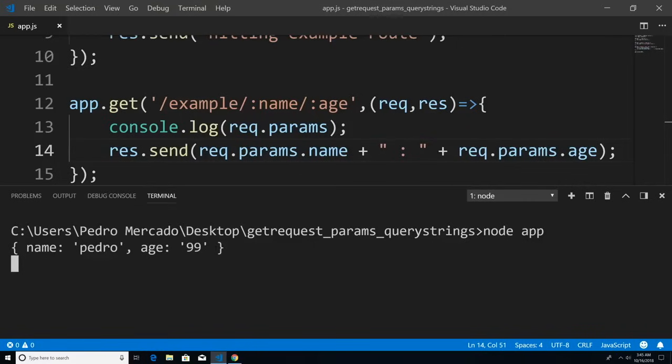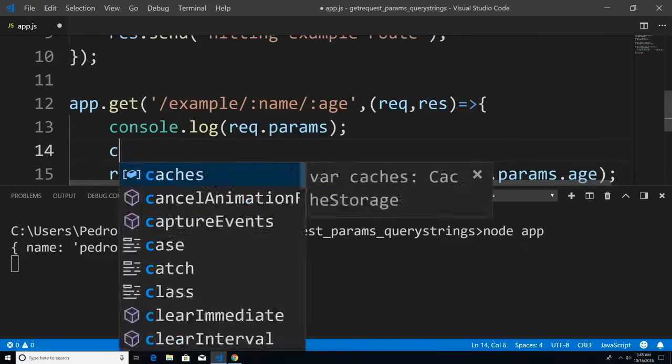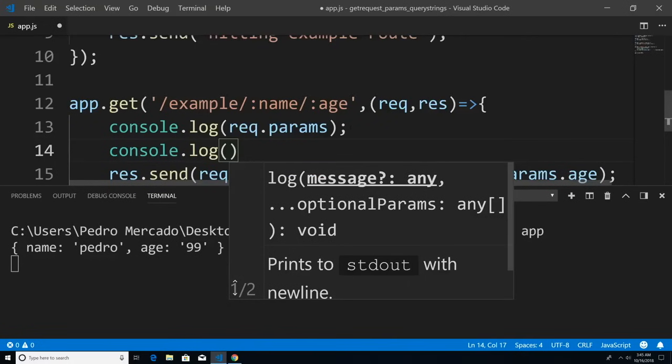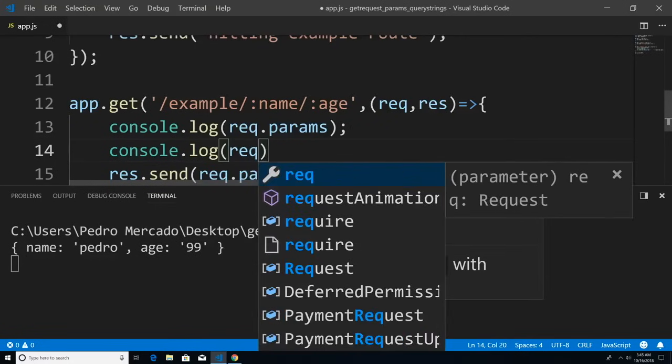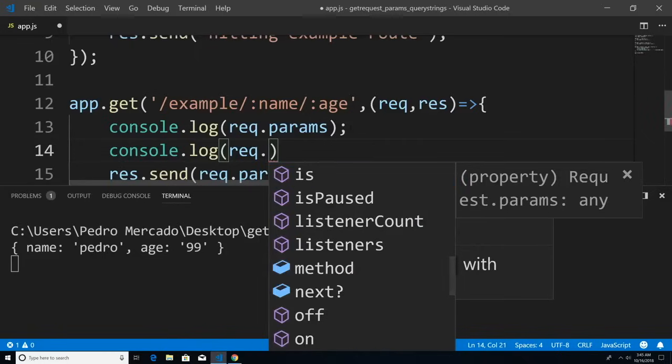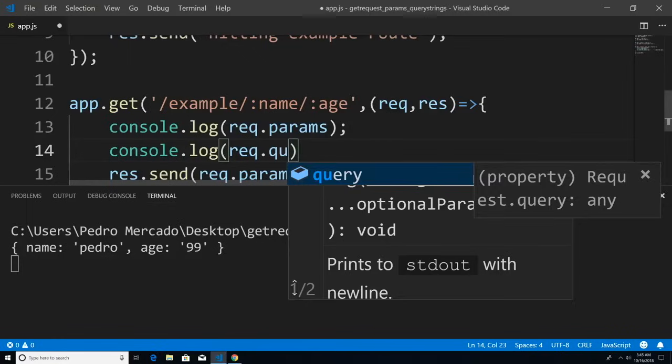But there's also another type of data that you can send back, and that's called query string parameters. So what is that? Well, if I go back here, and actually let me just type this out. I'm going to say console.log, and again we're going to use the request object because the request object is basically what the client is sending us. So I'm just going to say request.query,